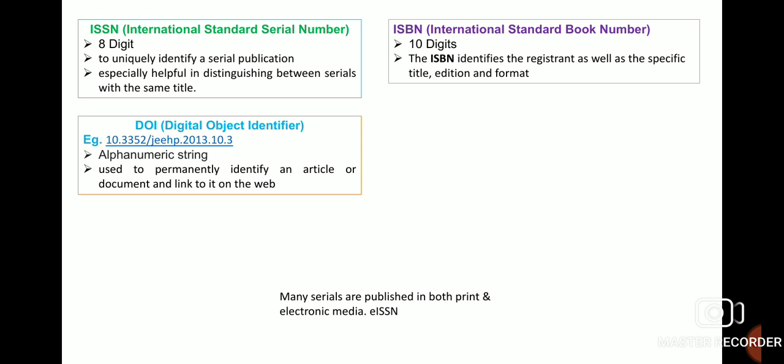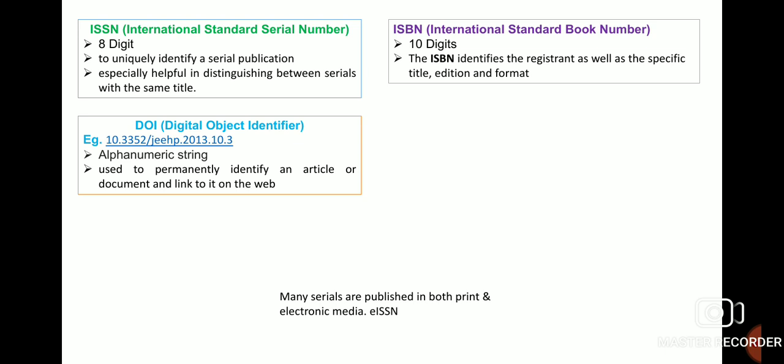ISSN is used to uniquely identify a serial publication and is especially helpful in distinguishing between serials with the same title, whereas the ISBN identifies the registrant as well as the specific title, edition and format.